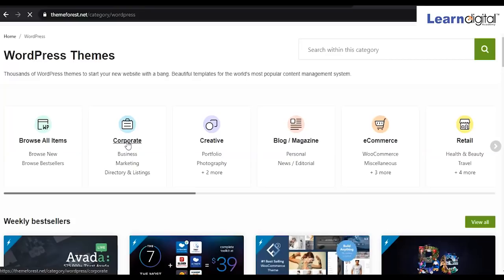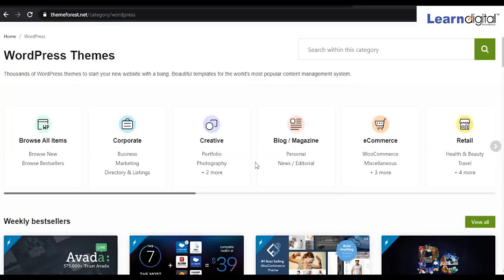Just select according to you, but for this theme you have to pay. If you want to purchase a paid theme, normally it starts somewhere around 2500 and goes up to lakhs.